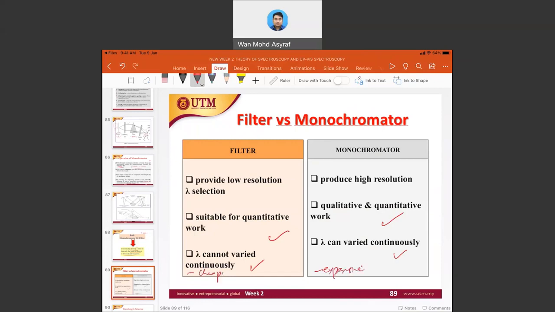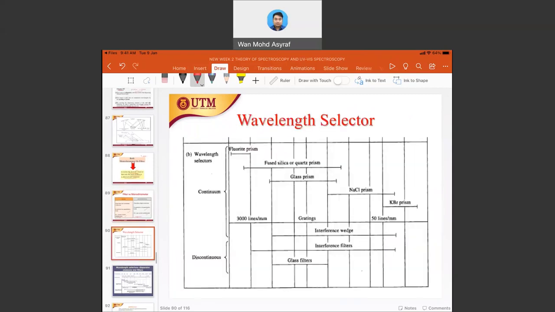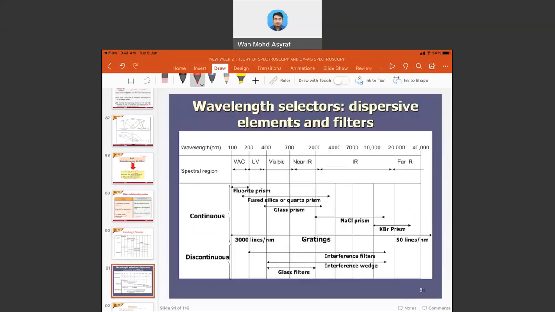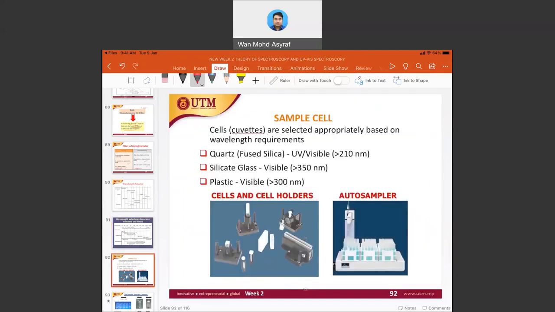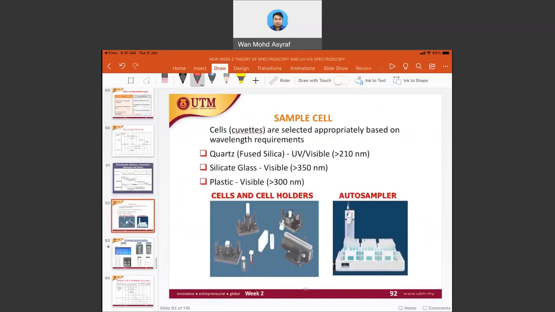So this is the wavelength selector, the choices of wavelength selector. This is just for your knowledge, in terms of how you are going to use your wavelength selector and where the wavelength selector is optimum. Right. So now we are going to look into the third instrumentation part, which is the sample